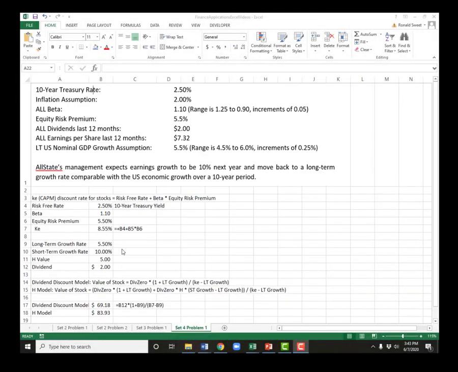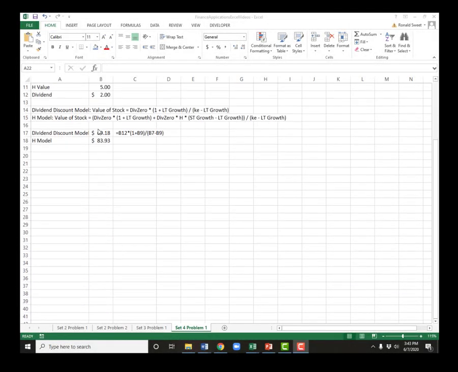So in our last session, we valued AllState. We got 68, 69.18, and 83.93. Now what we want to do is build a data table. And so to build a data table, we're going to do it with the dividend discount model. We need to put this formula in here, but we need to put it in minute detail. So essentially, you take this model up here, the dividend discount model